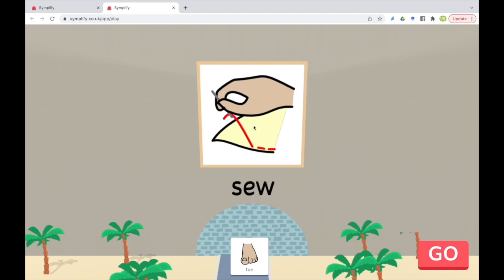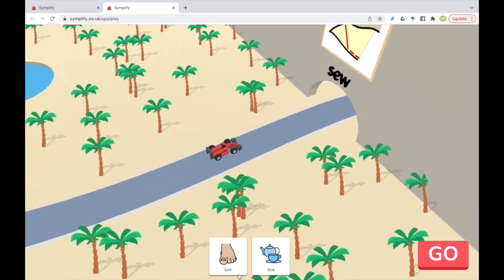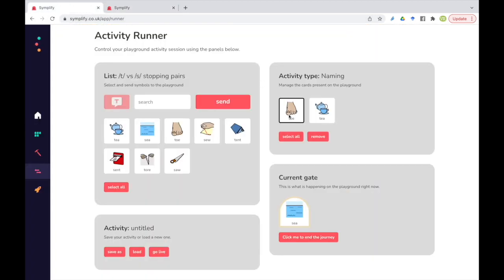It's just like with the monsters, where I've done that. You can see here it's wiggling this one to say that that's the one that was sent. And it's already showing us the next gate here as well, that will be C. So if I show you that again with an error one, so for C they might say T, we'll send that over. So we've still got the toe symbol there, so I'm going to get rid of that actually. We'll just select that and remove it, because obviously that didn't disappear because it didn't unlock a gate.